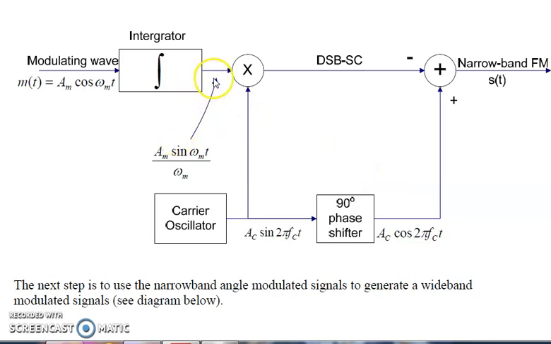So here is the output of the integrator, where we integrate this term with respect to t. This Am is constant, so we are getting cos omega_m t. Since t is multiplied with omega_m, Am will be divided by omega_m, and the integration of cos is sin. So if you are integrating this complete modulating wave term with respect to time, this you will get. And this is the multiplier. Carrier oscillator will generate the carrier frequency, and this carrier frequency is shifted because here